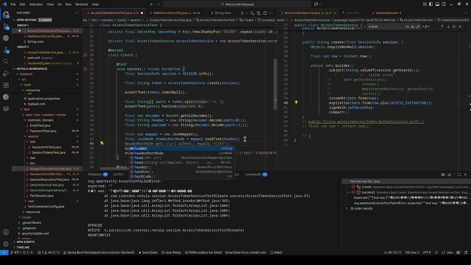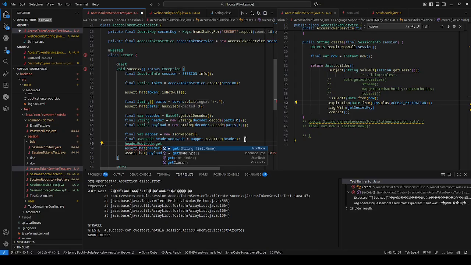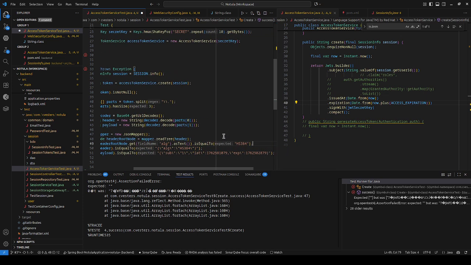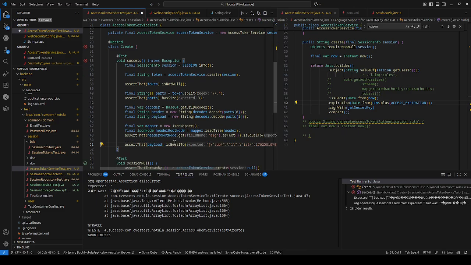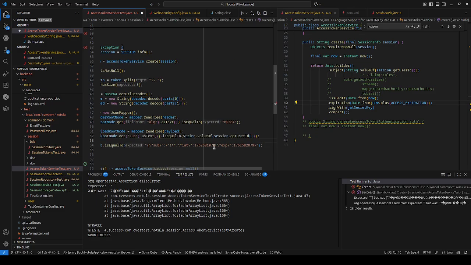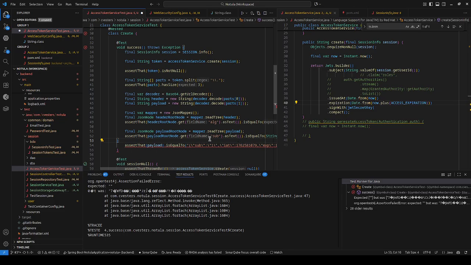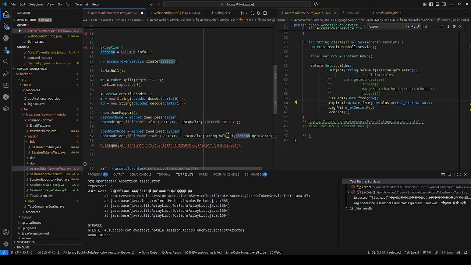And then you can say header root node dot get, as text, and then I've verified all of this as well. And then I can say finally payload root node subject test is equal to